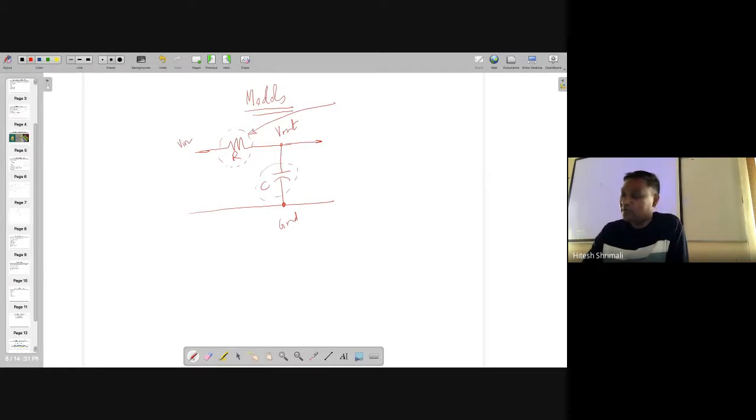Do you know what could be the model? Ashkan, what do you think? What could be the model? Go back to your 11th standard. Something about current and voltage, when you learned it the first time. What have you learned? Some law you must have learned, right? What was that law? Ohm's law. What is Ohm's law?